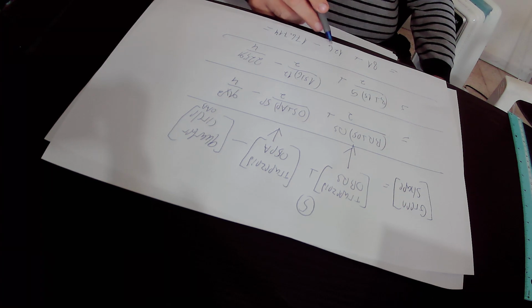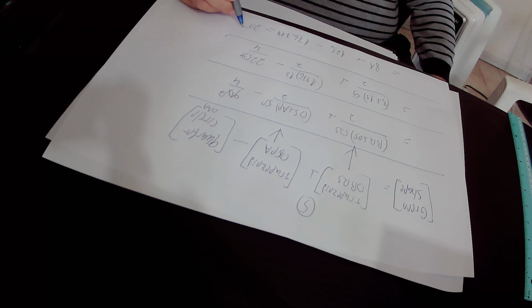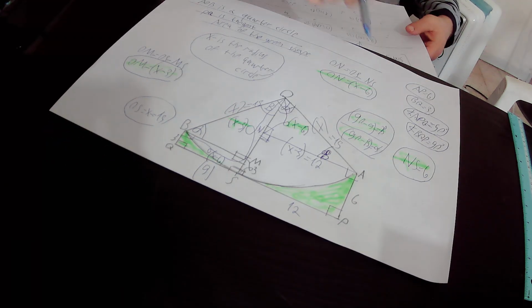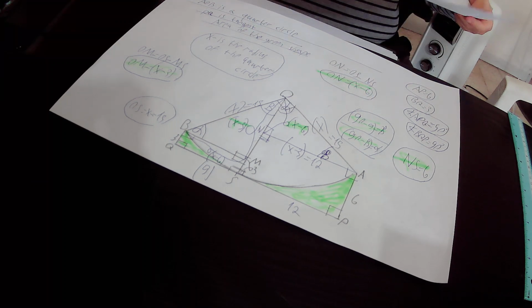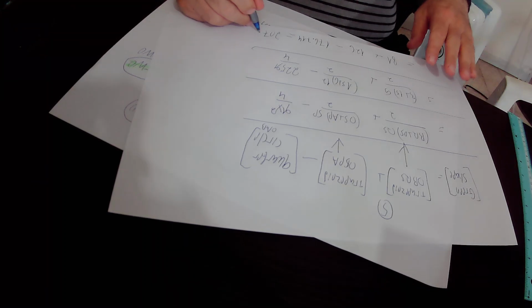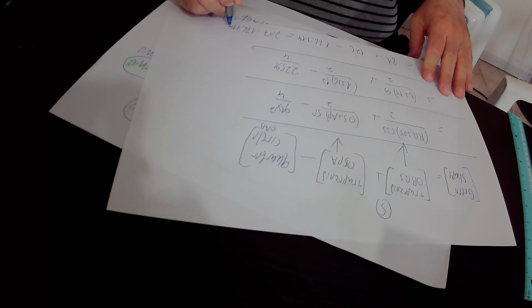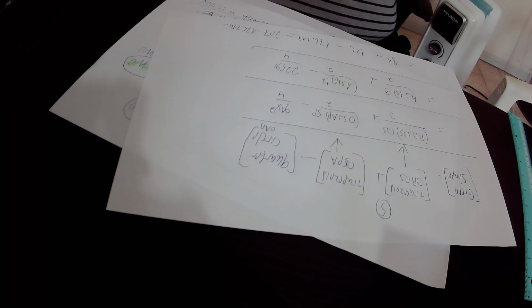And 81 plus 126 is 207. So 207 square units is the area of this shape in total, minus the area of the quarter circle, that is 176.714 square units. So 207 minus 176.714 is equal to